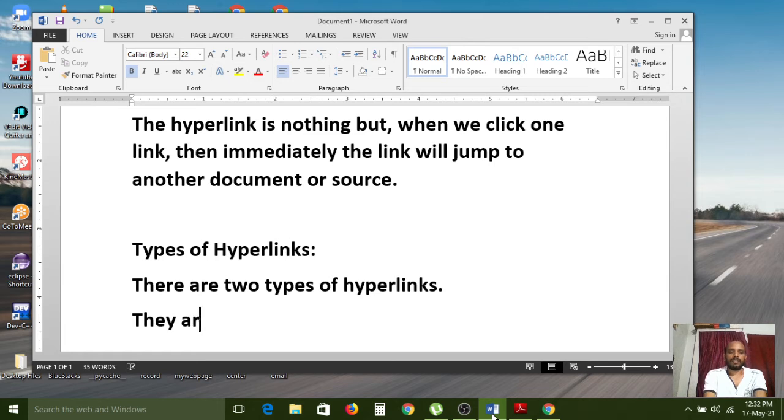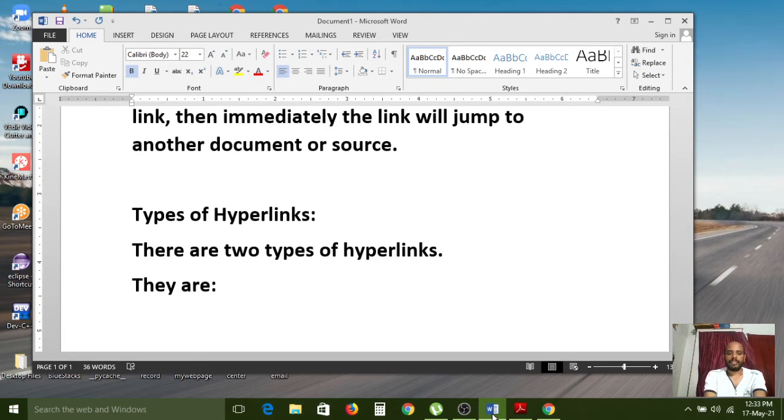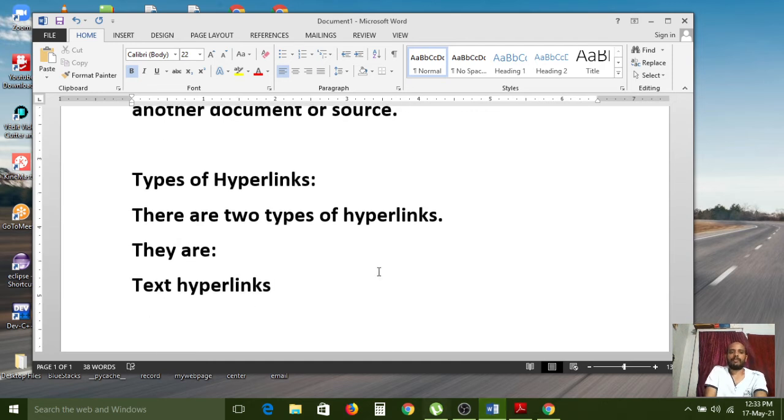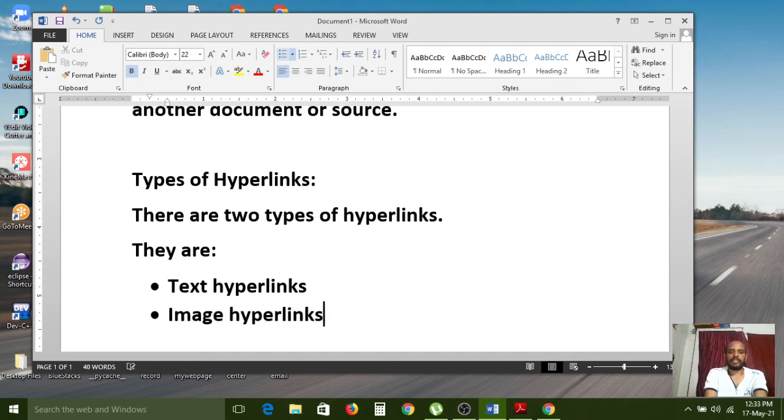They are text hyperlinks, and next, image type hyperlinks.